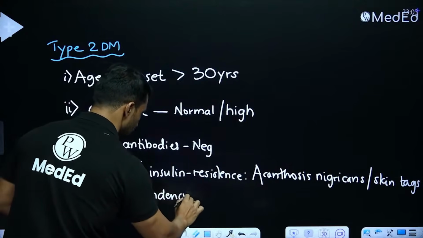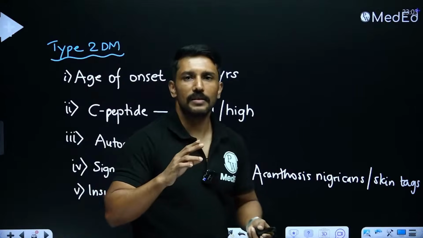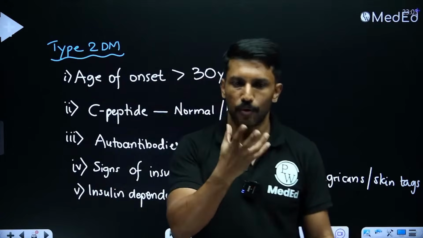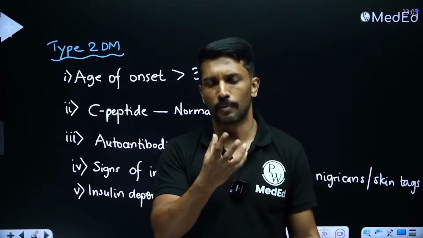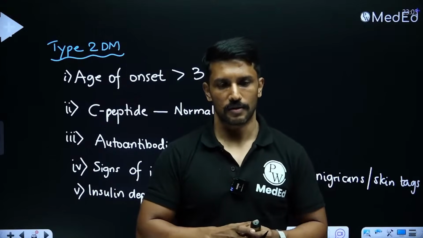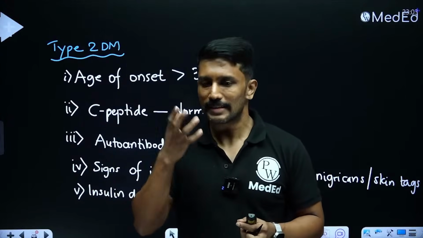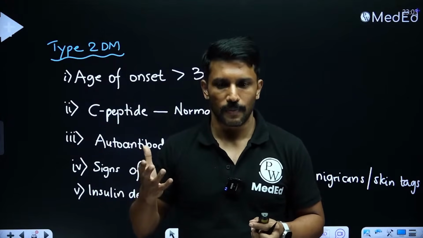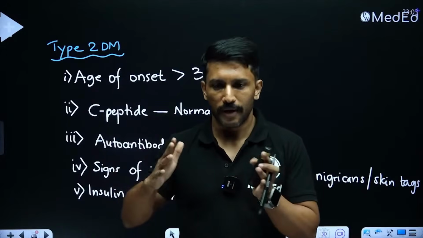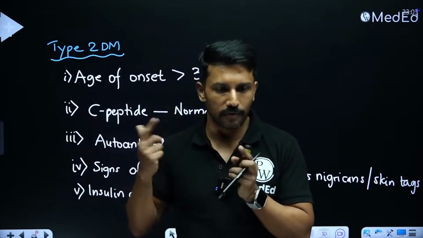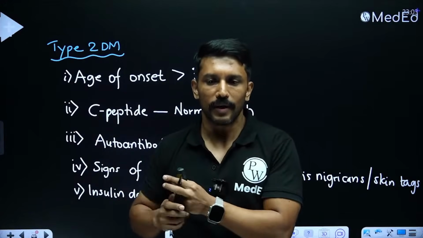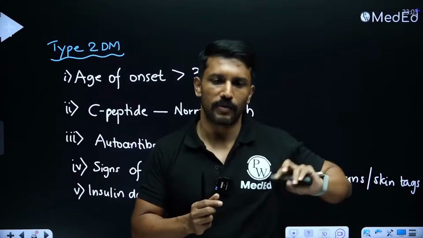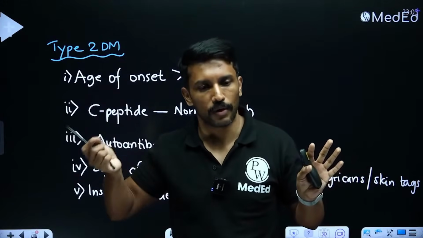The answer is no. Here, the beta cells are not absolutely destroyed. They are capable of producing insulin. In fact, they are producing a normal amount of insulin or more than normal to overcome the resistance. But because there is insulin already in the blood, at least some amount of glucose will be entering the cells. So tissues are not craving for glucose. Tissue needs may be met to some extent. So now I can try to manage this patient's blood glucose level by alternate means without going to insulin.